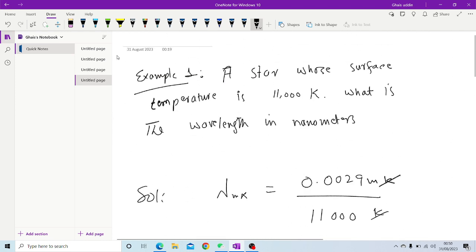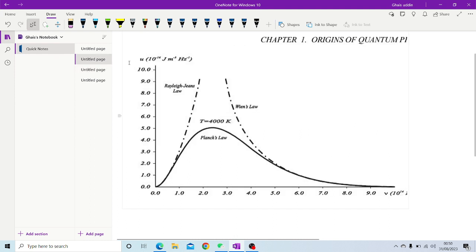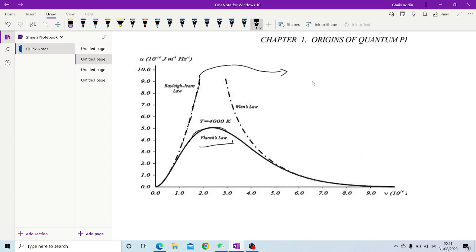So finally, we can say that this is the graph for which Wien wanted to explain the spectrum of the black body radiation. So this is the experimental, this is the observed value. Later Planck solved this issue, and this is the Rayleigh-Jeans calculation. So we can say that Rayleigh-Jeans, for this calculation, what Rayleigh-Jeans did,